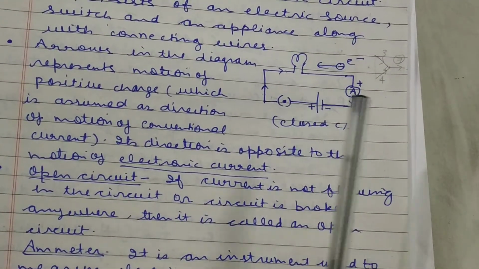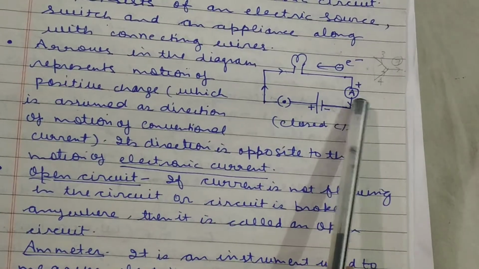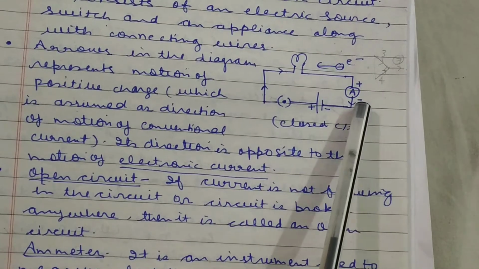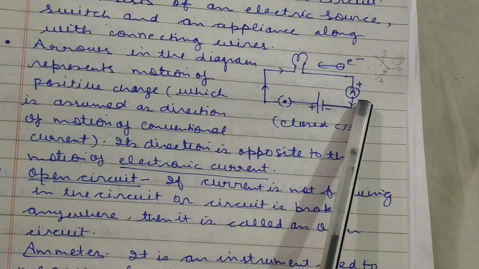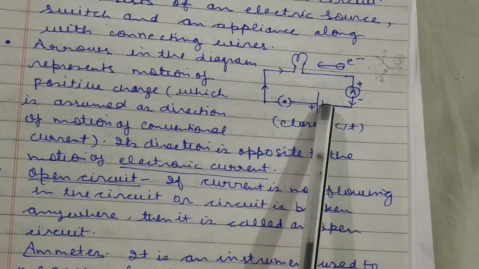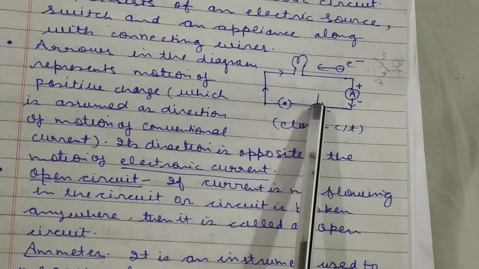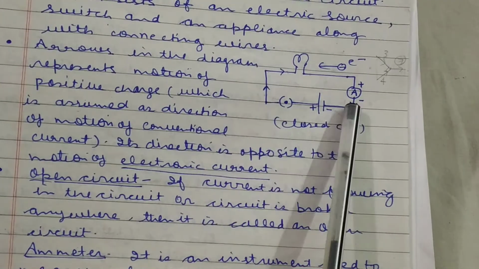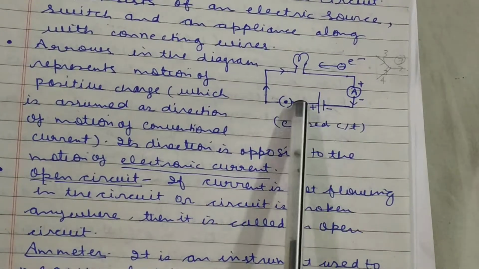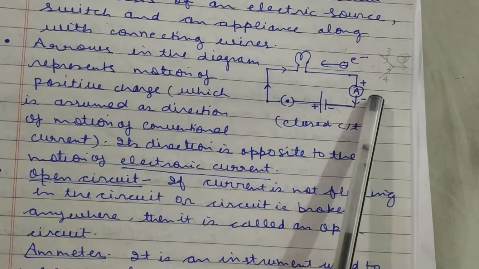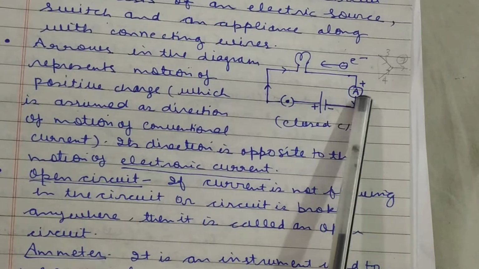This represents an ammeter having both positive and negative terminals. One should keep in mind that the negative terminal of the ammeter should connect to the negative terminal of the battery and the positive terminal connected to the positive terminal of the battery. This is a series combination. In this, when current passes, the whole of the current will enter this appliance and you can measure the whole current in the circuit.